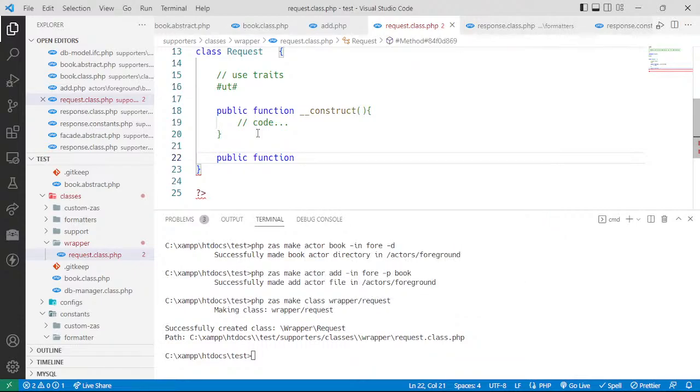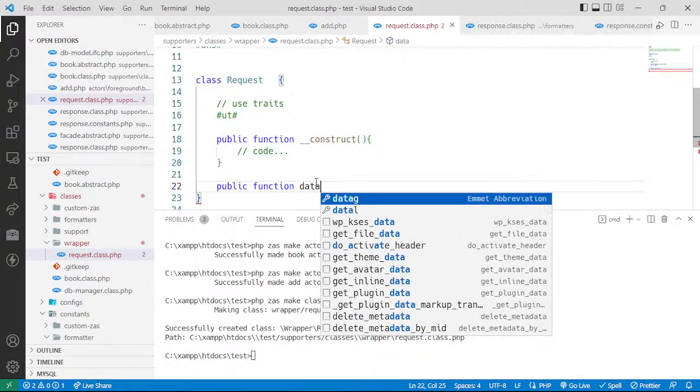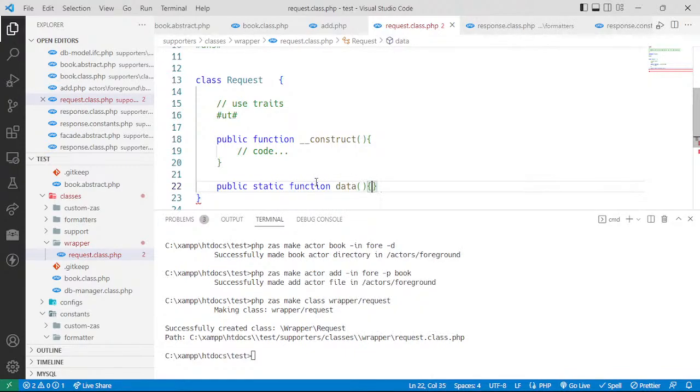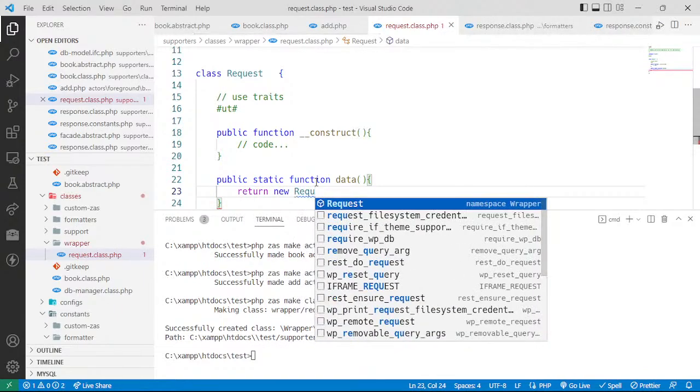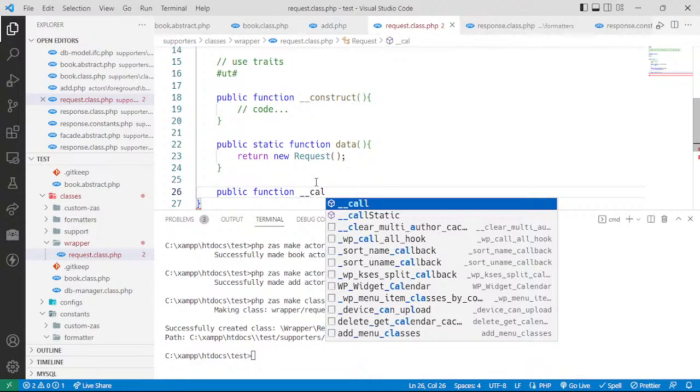Now what I'm thinking, I don't know if you are thinking the same as I'm thinking, but I know that we have several requests, or there is the request stuff, say request something. So just say the request, this request has function data. Yeah, request, so it's a static function, public static function, just use data for now, data, and then this will actually return a new request. See, it's simple, isn't it? And when we have that, we can do public function underscore call. So here we're praying that